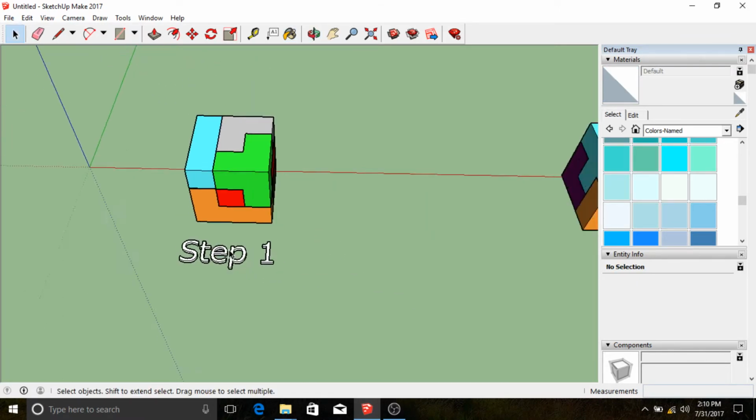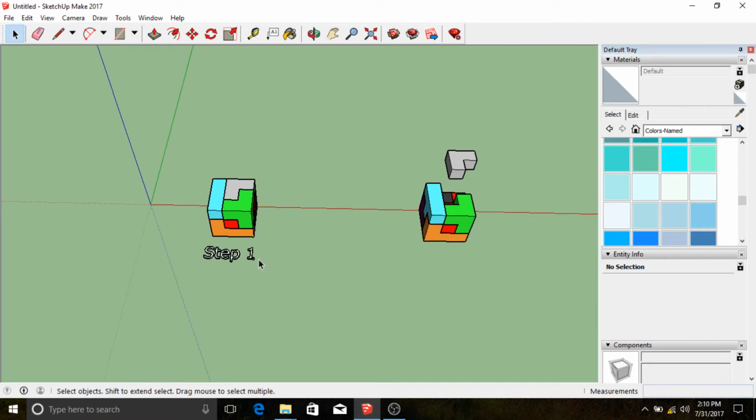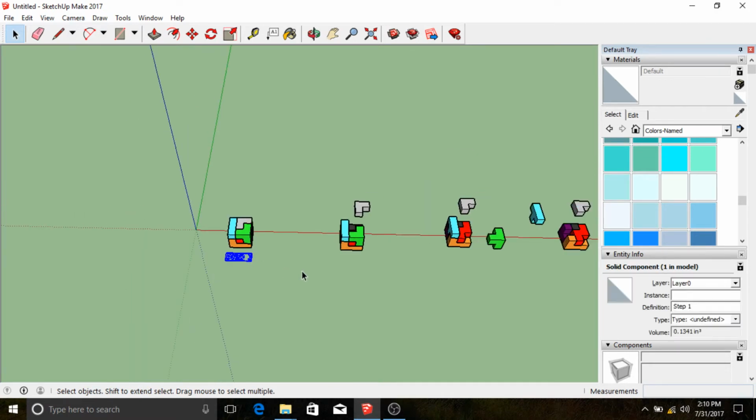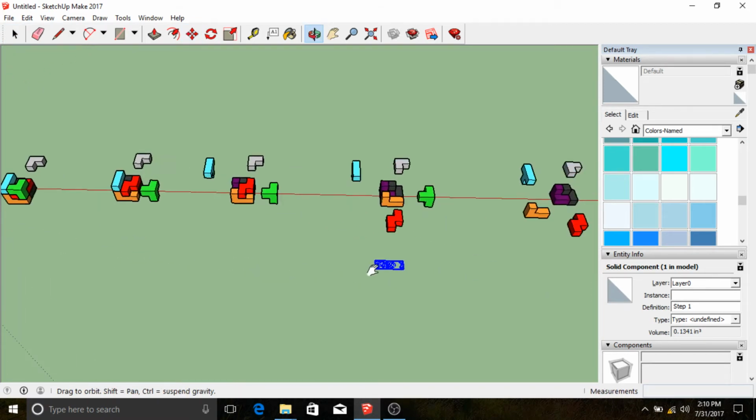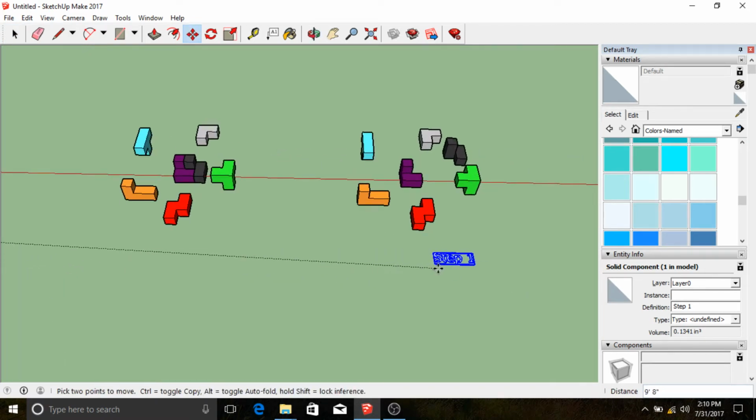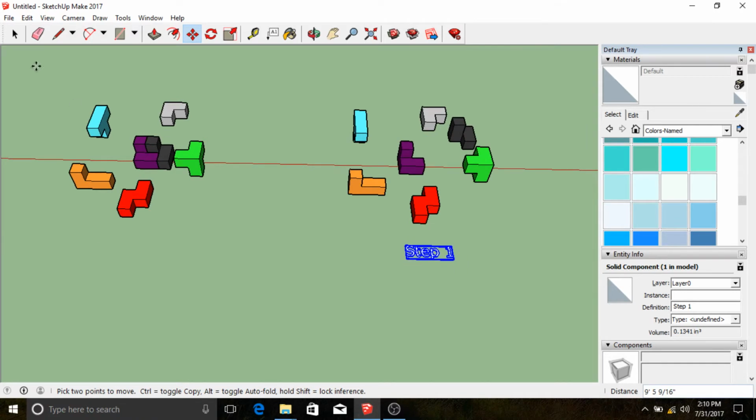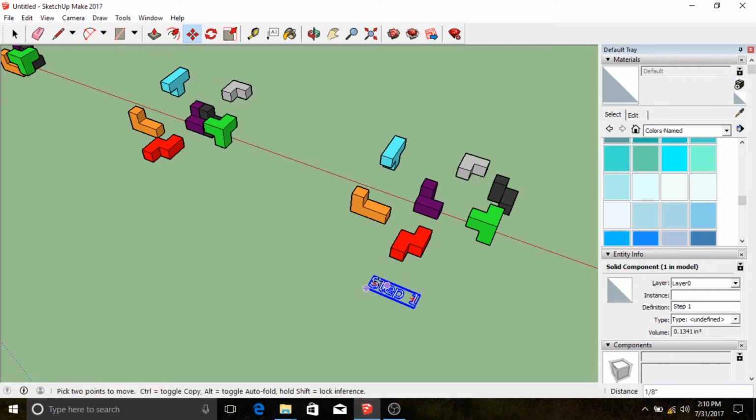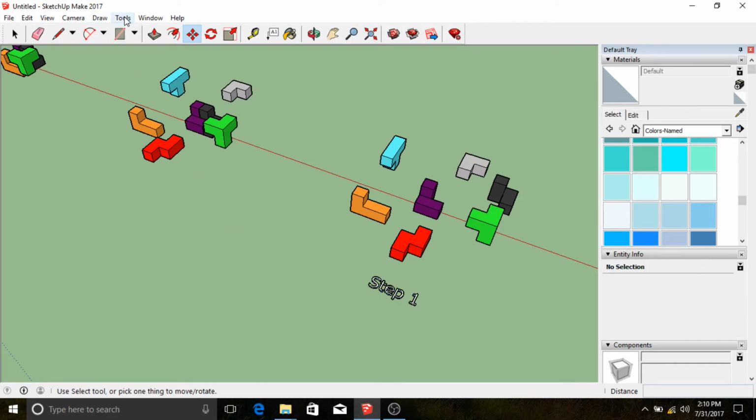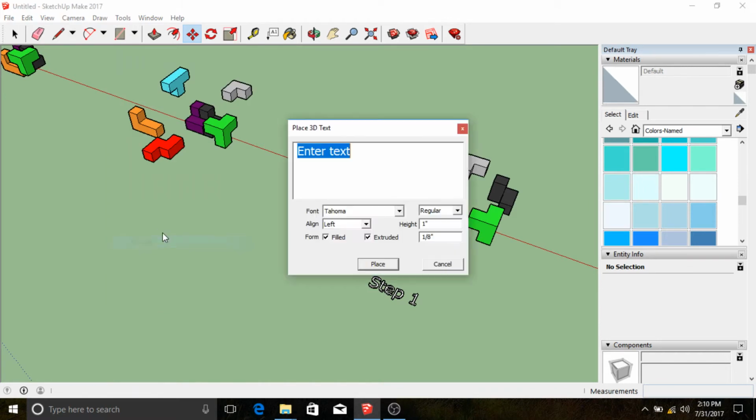Okay, so I have my step 1, which is actually going to go all the way over here, right? Because we worked backwards in creating this kind of set of instructions, right? So I have step 1, step 2,